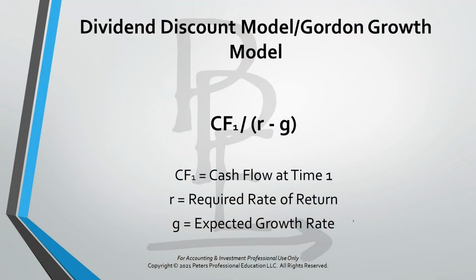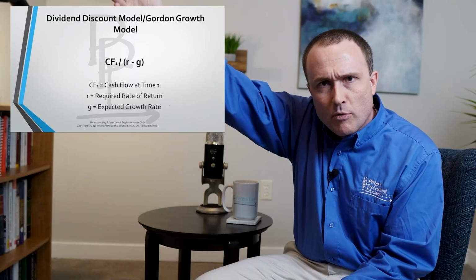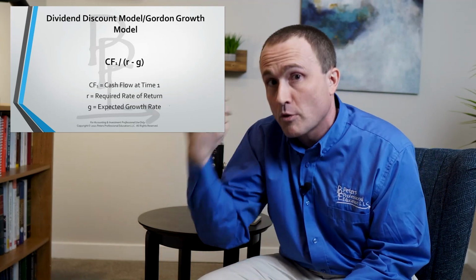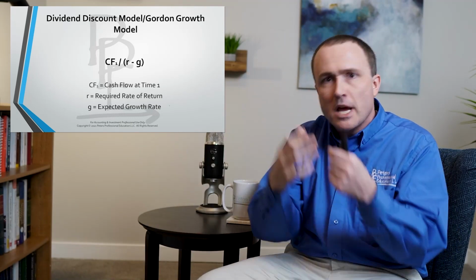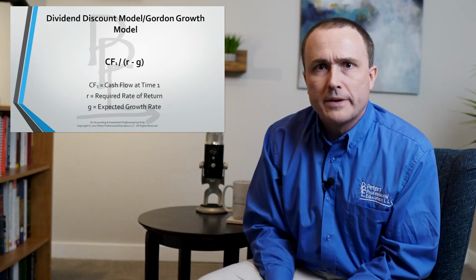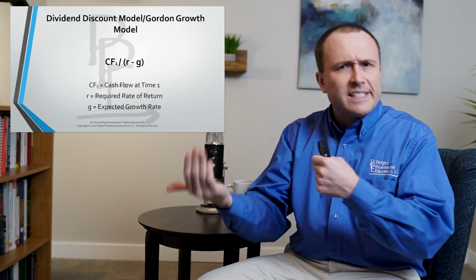I divide that by the required rate of return, in other words, what it would take to keep me as an investor interested in that particular company, minus the expected growth rate of the company. We expect that as the company grows, dividends and cash flows are also going to grow. And so that's the simplification of the ideas put forth by Williams, that a company is worth its discounted future